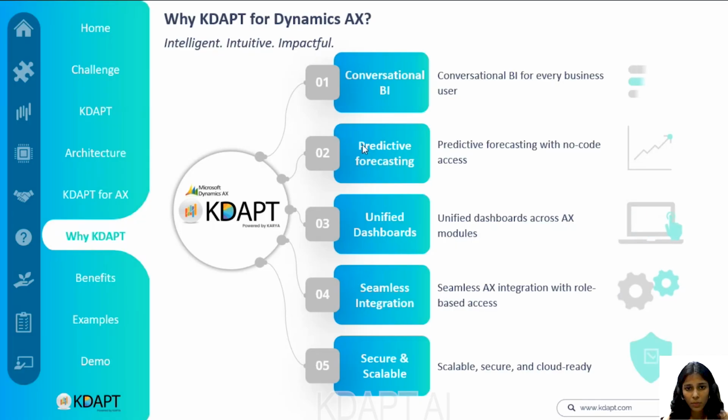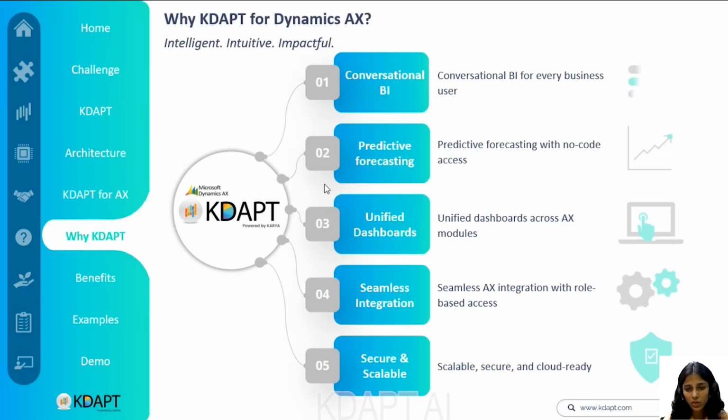And second one, predictive forecasting. Using this can help you spot trends before they happen. And third one, dashboards. AX reports are pretty static snapshots, and KDAPT gives you live dashboards of, for example, cash flow, P&L statement, sales, inventory, all in one view and always up to date and in real time.